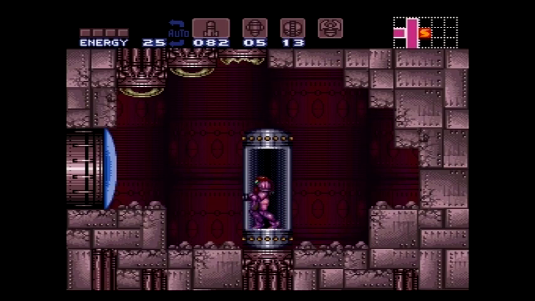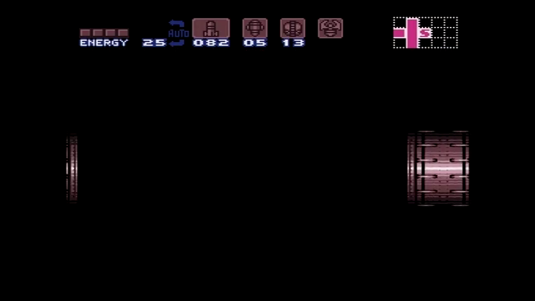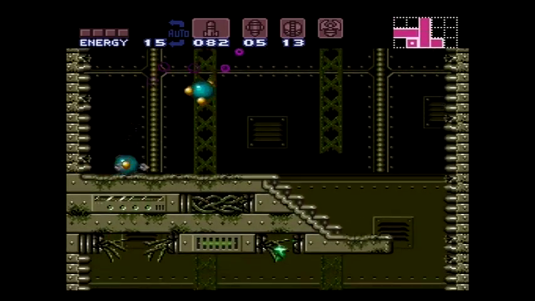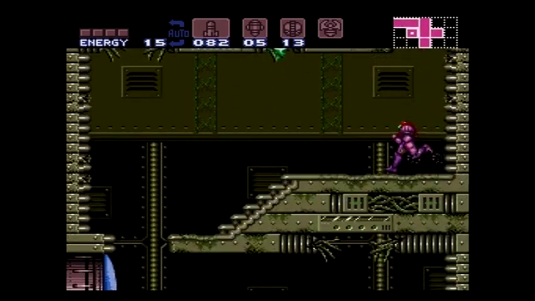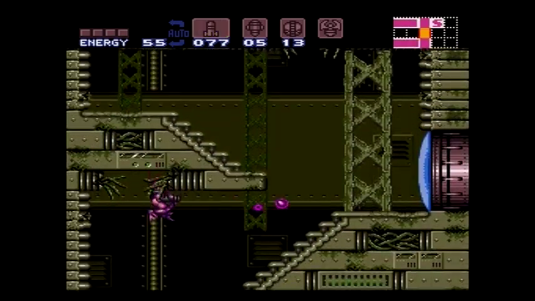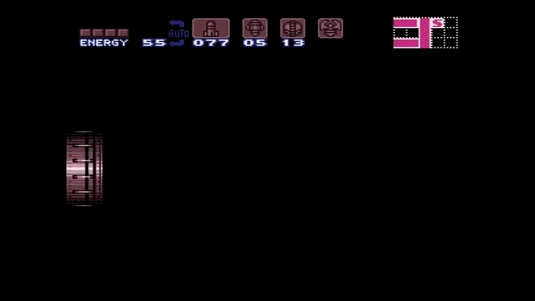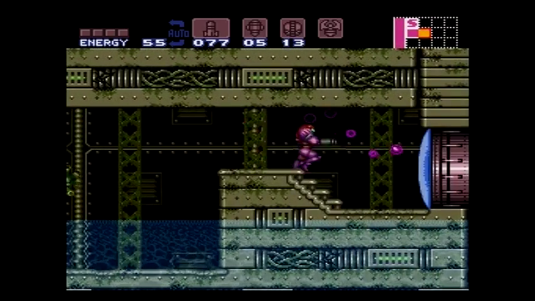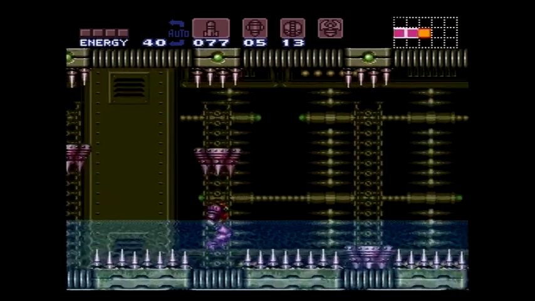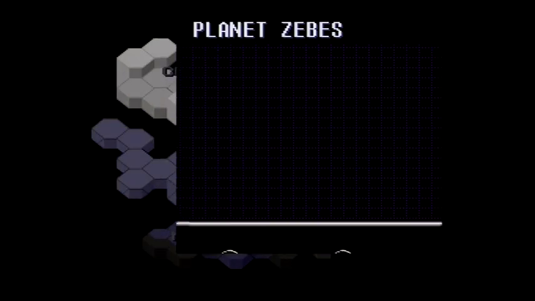Is there any way I can get like a little bit of energy real quick here? Just some enemies I can blast. I mean, these guys don't really drop too much energy. I mean, they're more likely to take your energy, clearly. Oh, hey, there we go. That works. Thank you. Oh my god. Oh boy. Yeah, that room is pretty nasty, so...